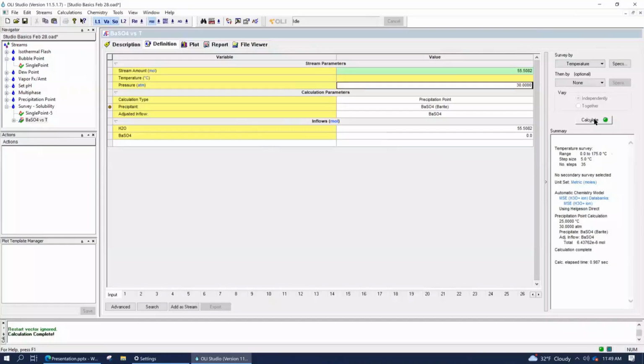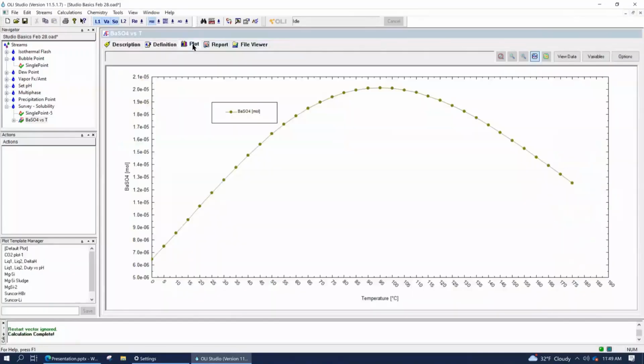Once you've done that, what I want you to do is go to the plot. Now, all of a sudden, you're going to see a tab called plot across the top there. And this plot is actually going to plot what we want to see.